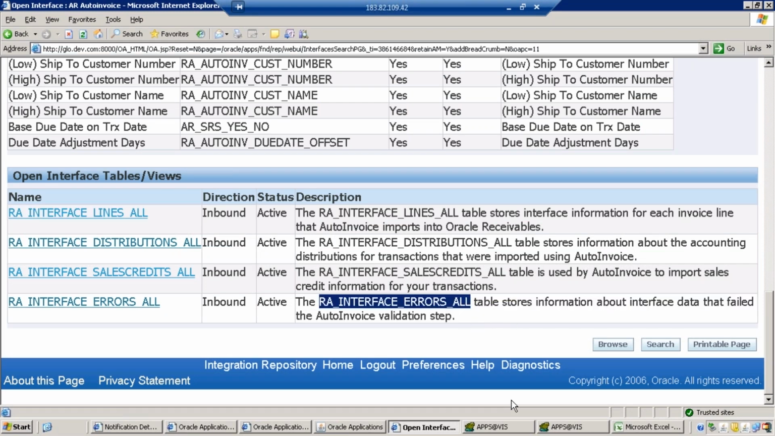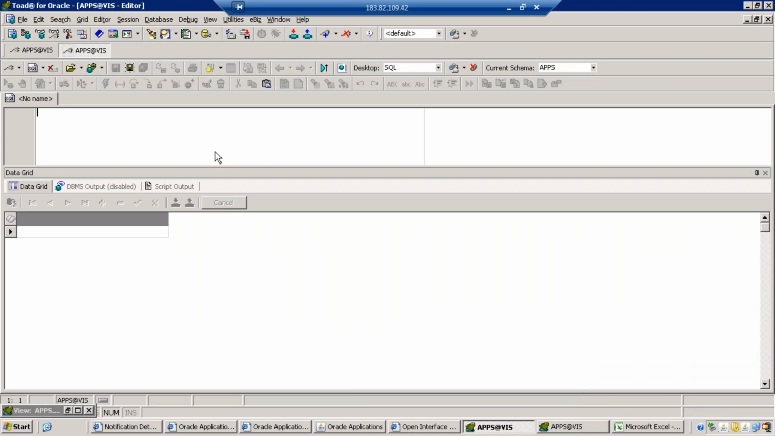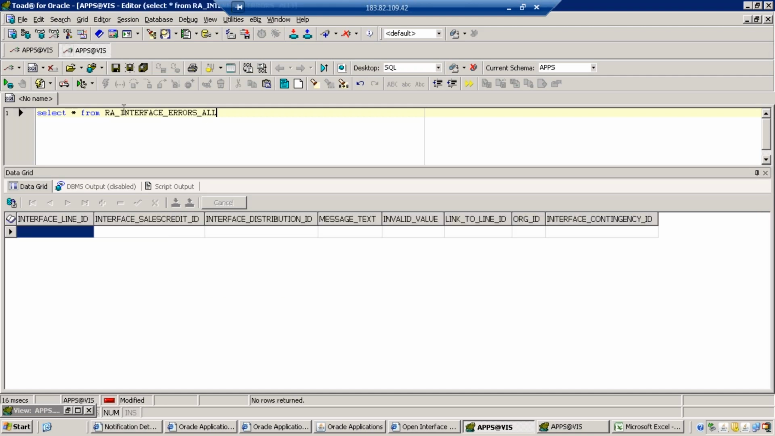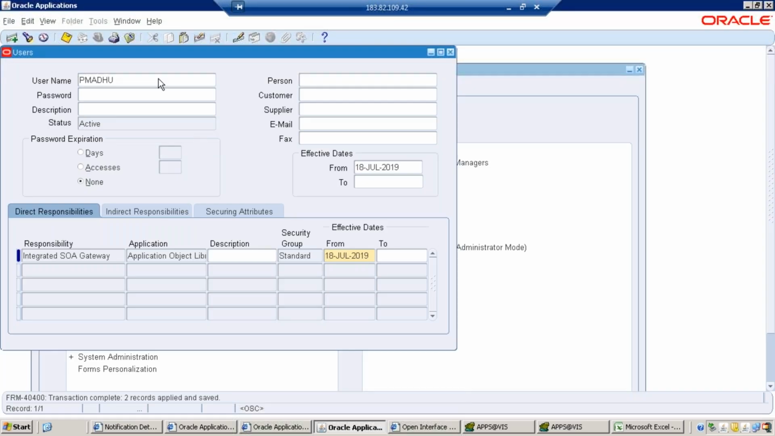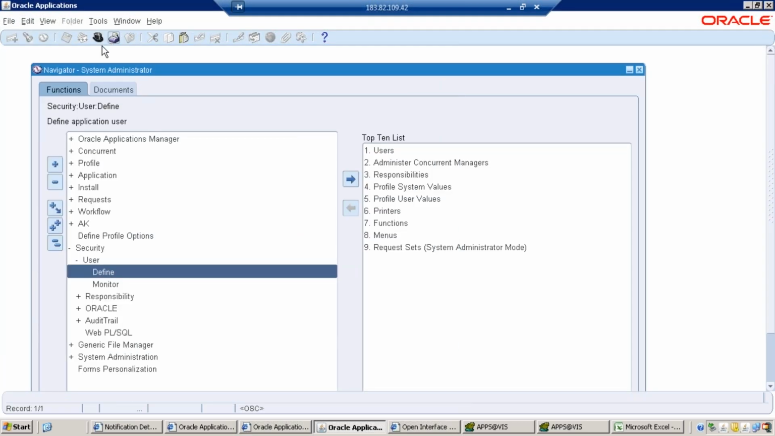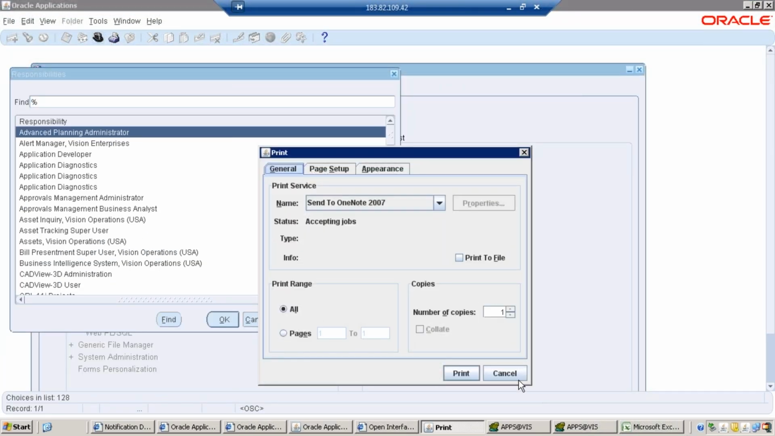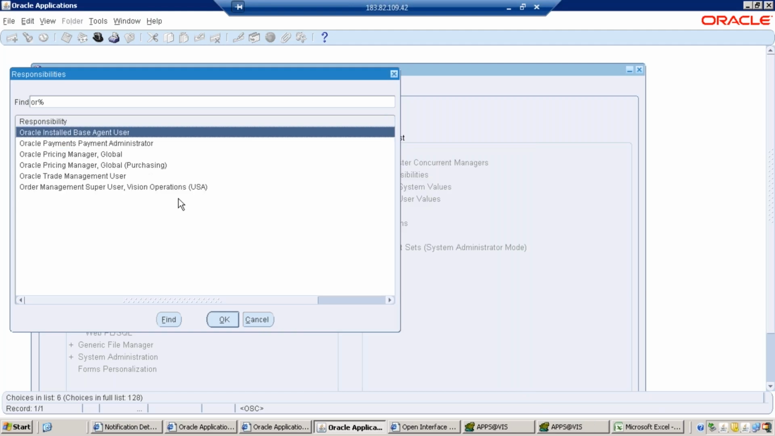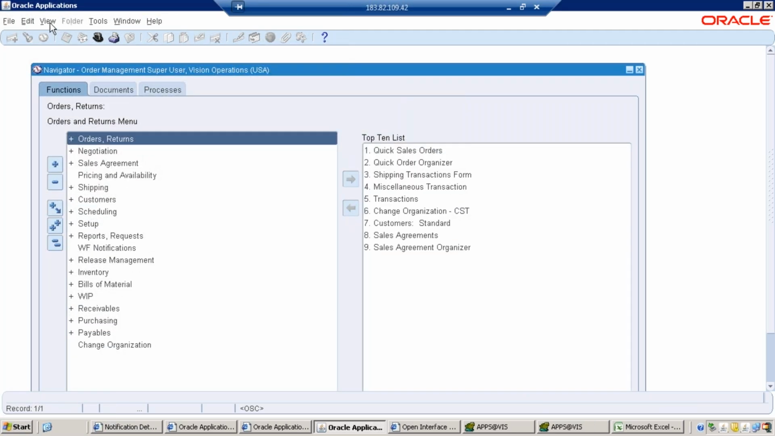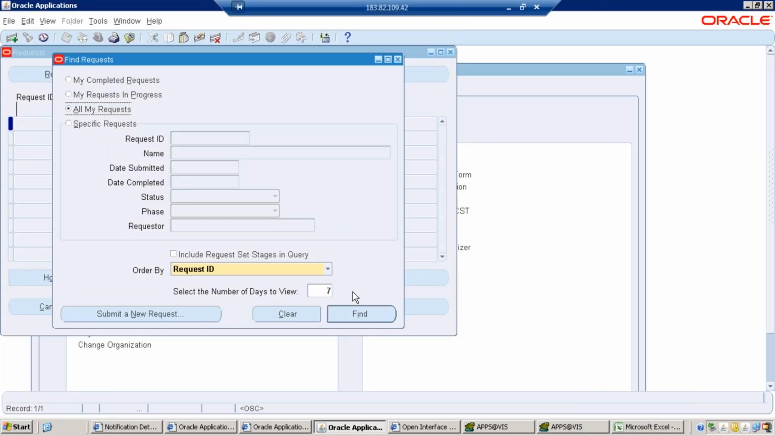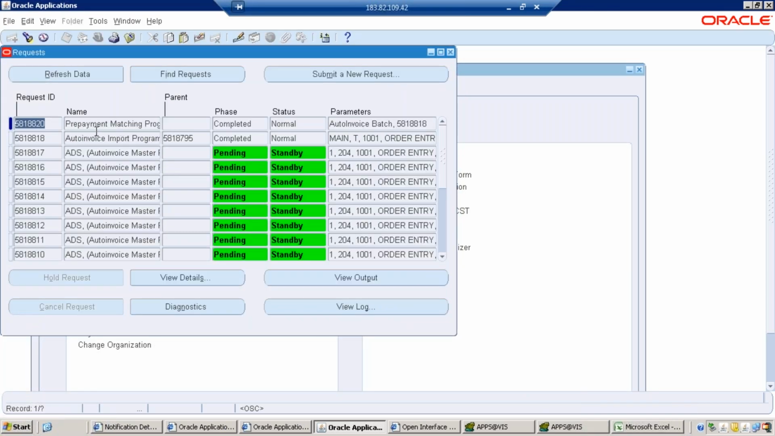Right now we are pushing data from order management to account receivables. If any errors, the errors will be stored here. So let's see the status of the program in order management. It's completed. So many programs are in standby because there are many invoices created. So which is our sales